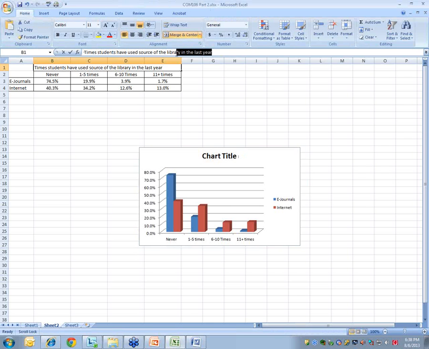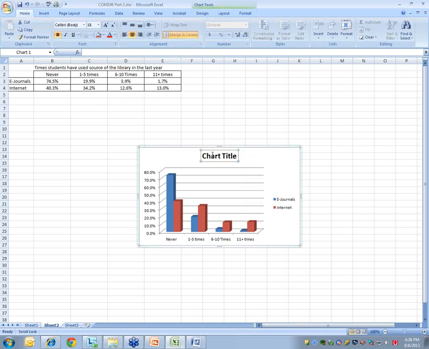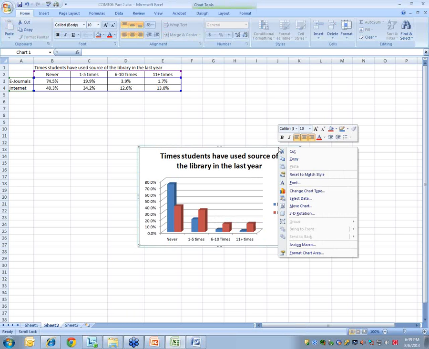So what I want to do now is copy that information, and I'm going to just paste it in there. All right. And so now I've got this information here. What I can do now is, if I want to add this to an actual paper that I'm